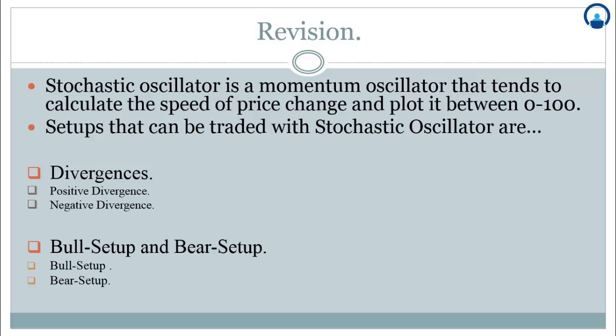Let's go ahead and make a quick revision of what we have learned till now. First, we learned about stochastic oscillator. Stochastic oscillator is a momentum oscillator that tends to calculate the speed of price change and plot it between 0